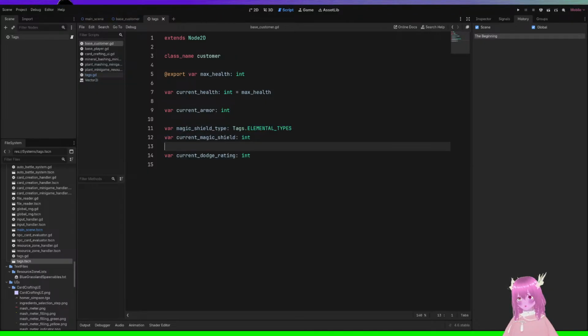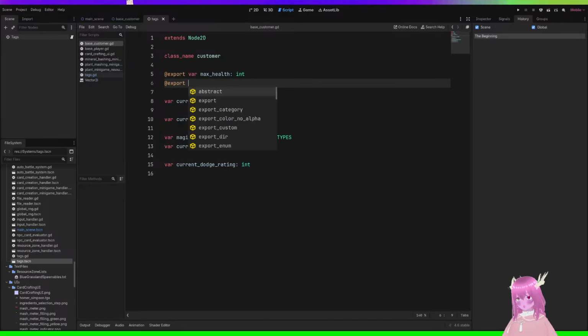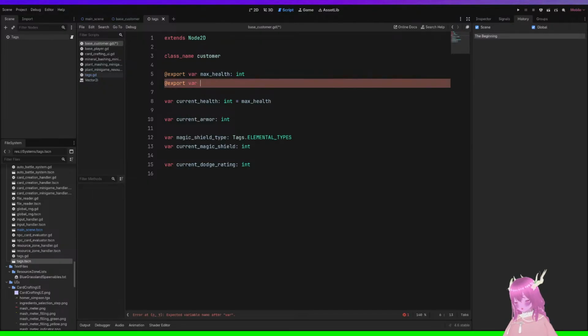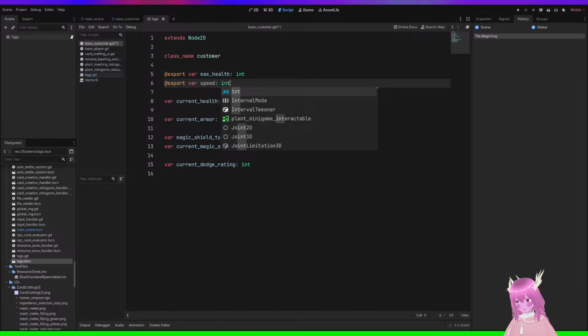We have the starting stuff, but I forgot about things like at export var speed, which is an int. There's a speed. I forgot that I said there was going to be a speed thing, and I've actually thought about more what I want to do with the speed stat. In addition to it being like an actual speed stat that checks between you and someone else, I want it to be more.